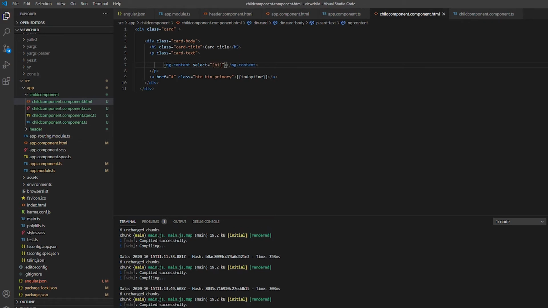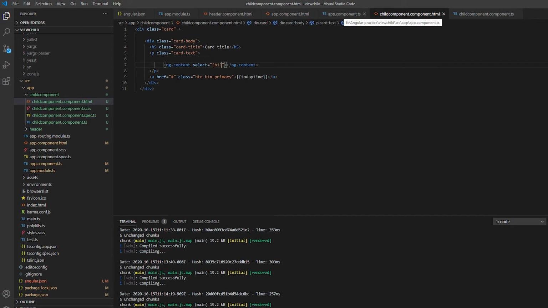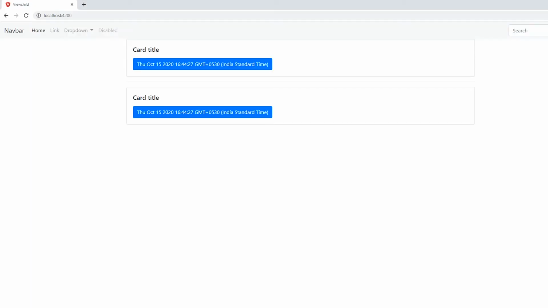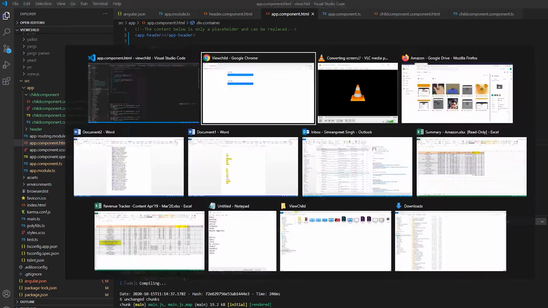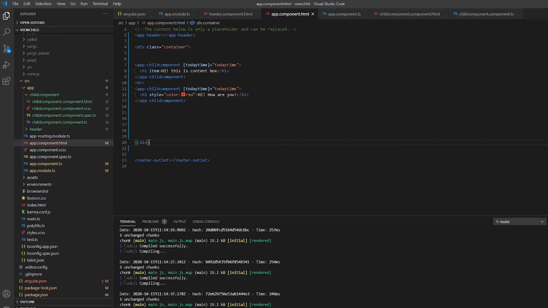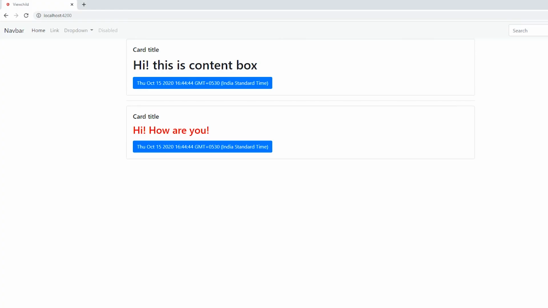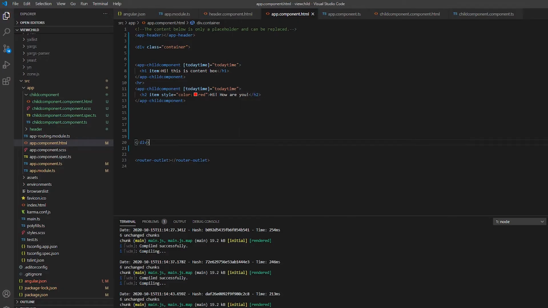The other way is to bind the property name, like item. Now go back to the app.component file and mention the same property name and see the result. Another way is to use a class name.